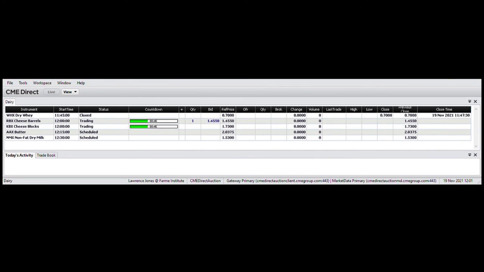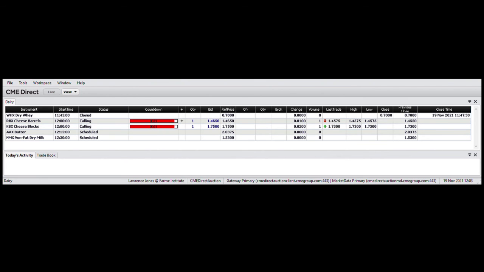So at this point, we had a $1.45.5 bid on barrels and a $1.73 offer on blocks, and that got hit into a trade. Now the 1-minute trading is over, and it goes into a call situation for 30 seconds. If it's not improved the price either by a bid or decreased by an offer, it will close on a hard call. Now we'll have 8 minutes of trading, and in that trading we will have 4 trades of